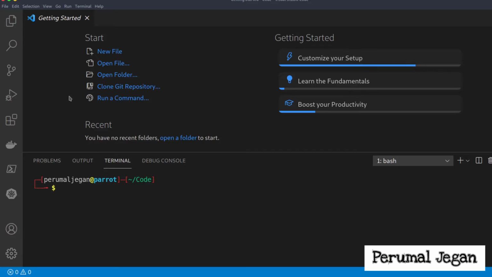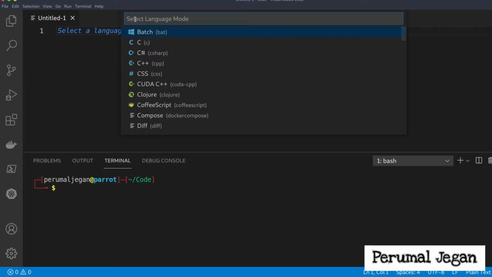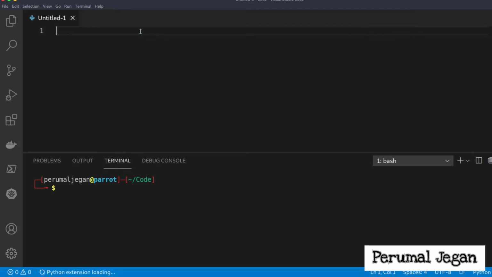You can use any language and create the code here. I'm creating a new file and I'll be able to choose the language that I want to write the program in. I'm using Python here. Now I am in the Python page, so I'll be able to create my code.